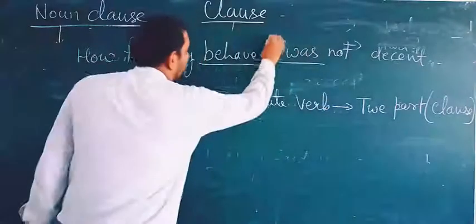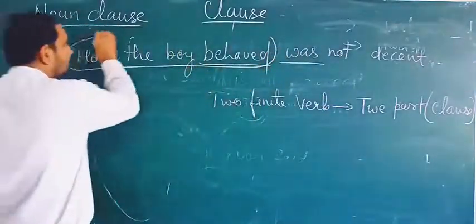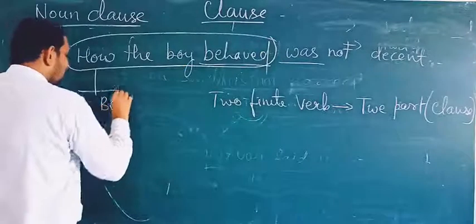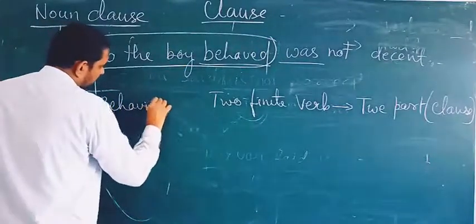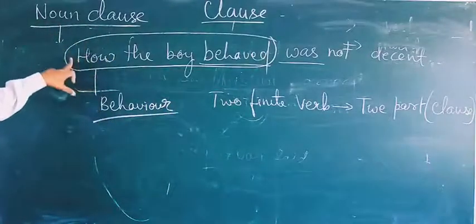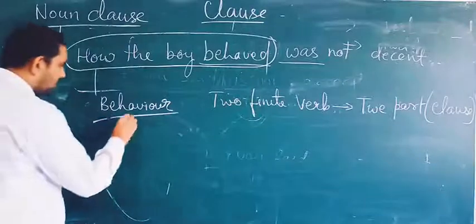It means you can choose a single word for all this group of words, that is behavior. Okay, you can choose this word, the single word, that is a noun,